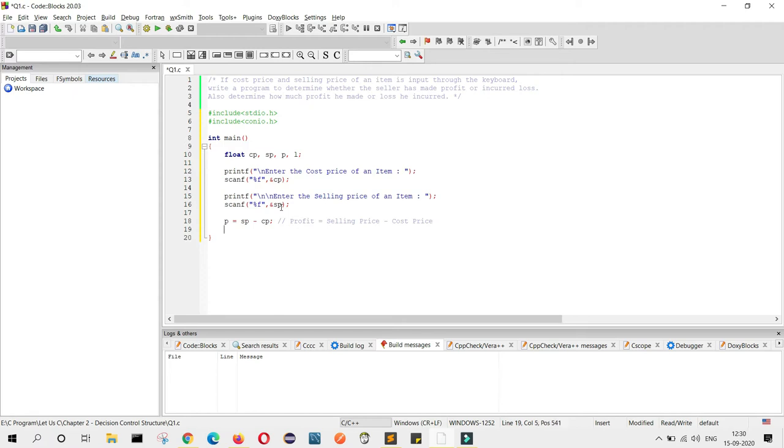Similarly, I will calculate loss. Loss equals CP, cost price minus selling price. If you want, I will write here loss equals cost price minus selling price.